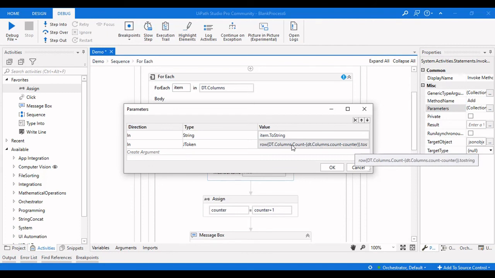So whenever the dt.columns.count should be less than the counter, so dt.columns.count, let us copy this, and whatever the value that is coming here should be less than the counter, right?